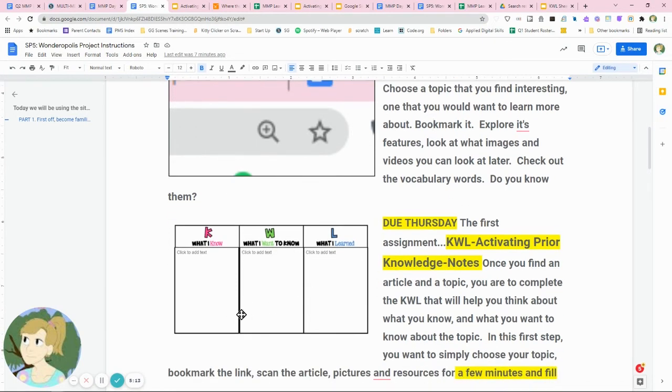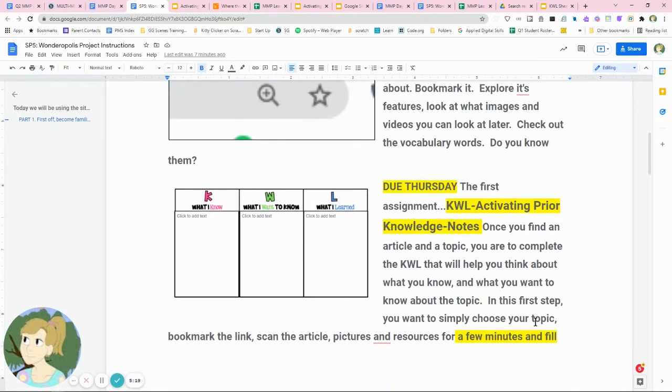And there's once again a snapshot of what that document looks like. Once you find an article and a topic, you are to complete the KWL that will help you think about what you know and what you want to know about the topic. In this first step, you want to simply choose your topic, bookmark the link, scan the article, pictures, and resources